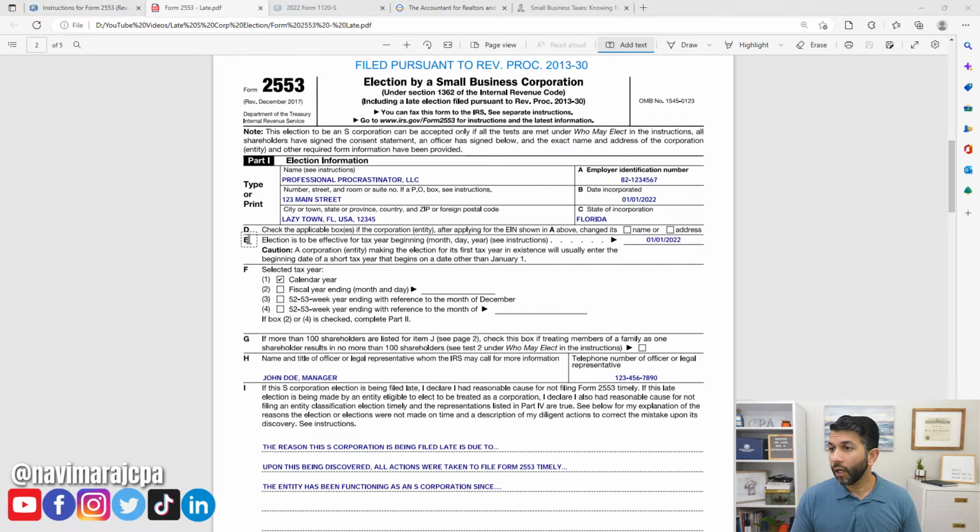Okay, letter E. Election is to be effective for tax year beginning, month, day, and year. See instructions. I do recommend you read the instructions, but let me tell you, this is super important. I have here written January 1st, 2022, because this fictitious LLC I'm making up was formed on that day, and it also is the day I want the election